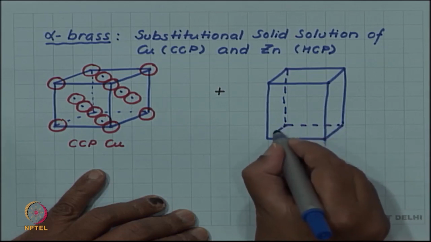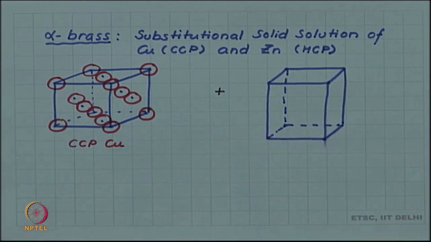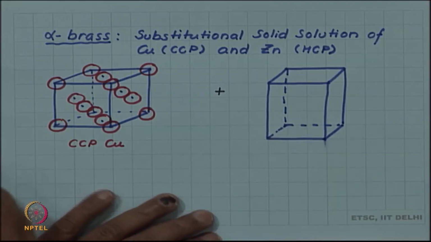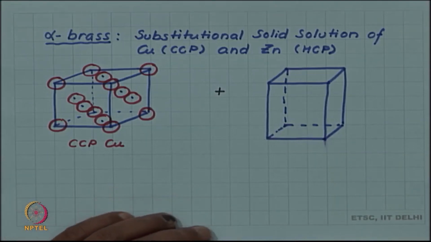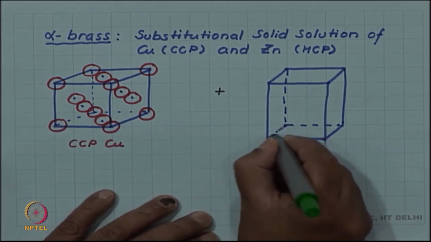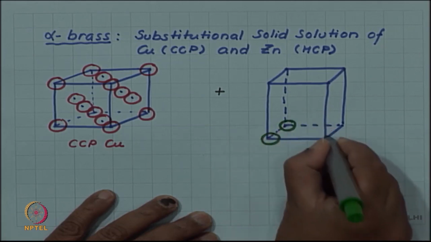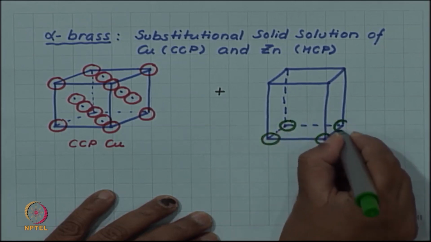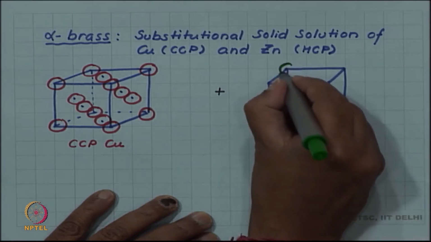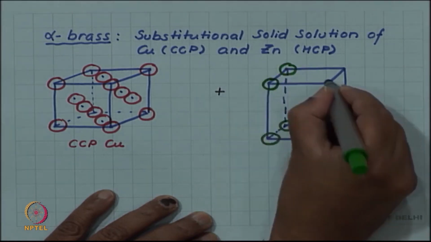a hexagonal close packed structure, where, as you know, it is an AB kind of stacking. So, let me represent zinc atoms by green. So, this is the A layer atom, this is the next A layer atom,